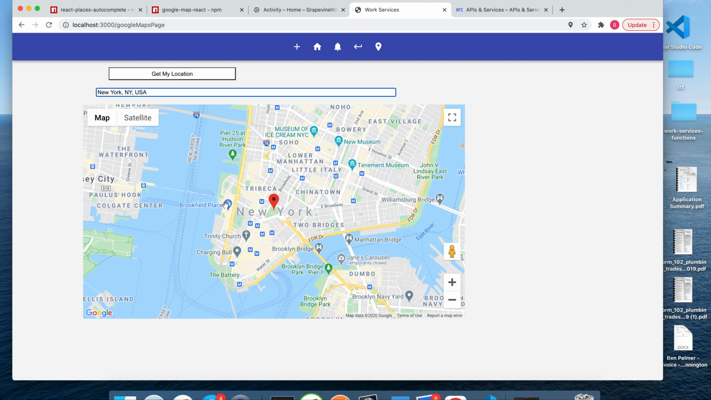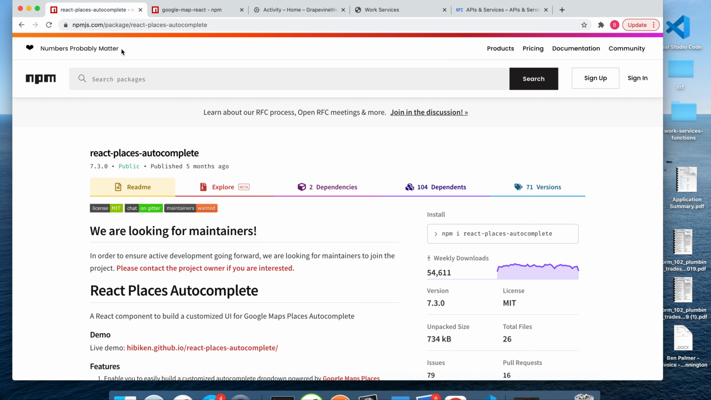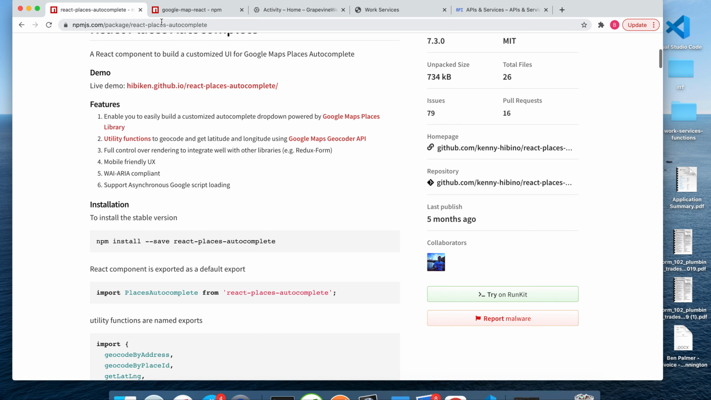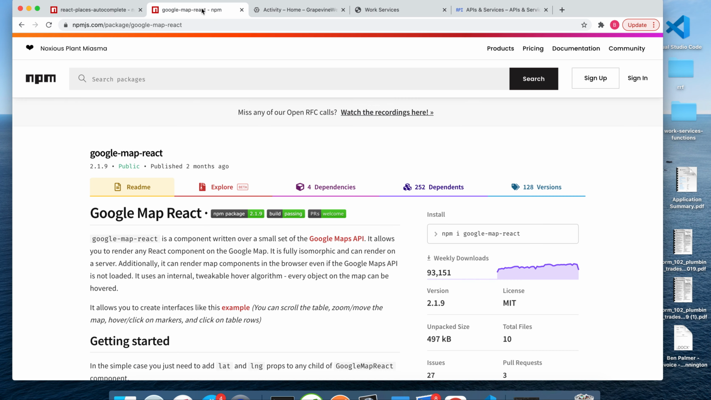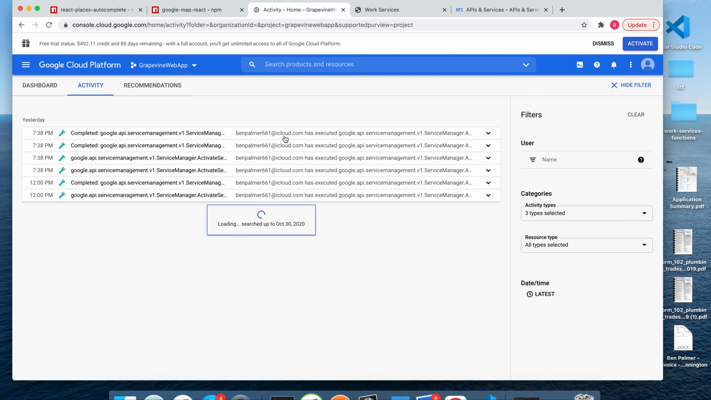Like that. So coming to the code first, actually to show these pages, so npm React places autocomplete, weekly downloads 54,000. This should help you for copying and pasting a few things, and then we can go to this one as well, npm Google Map React. Okay, then also come to here,